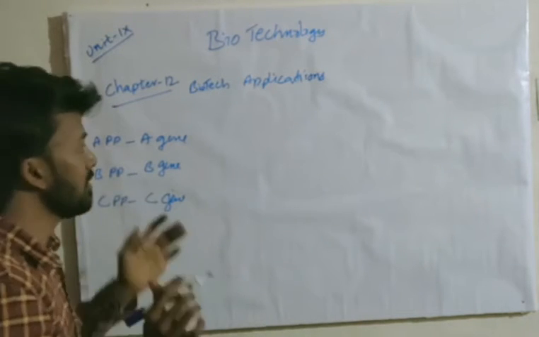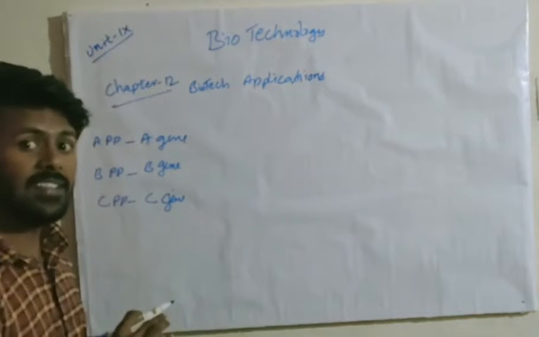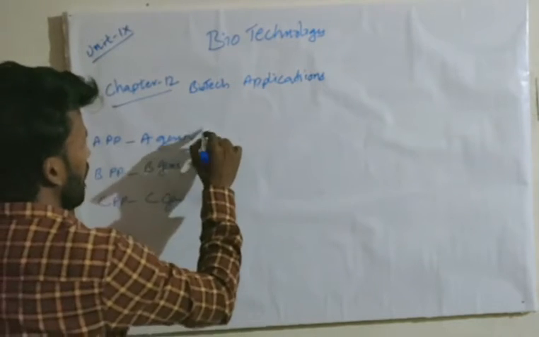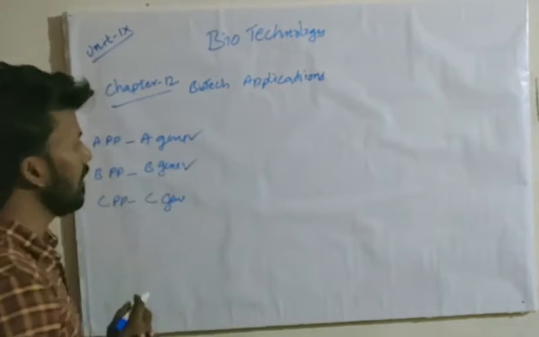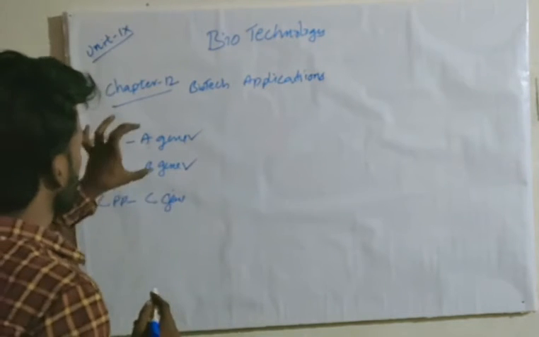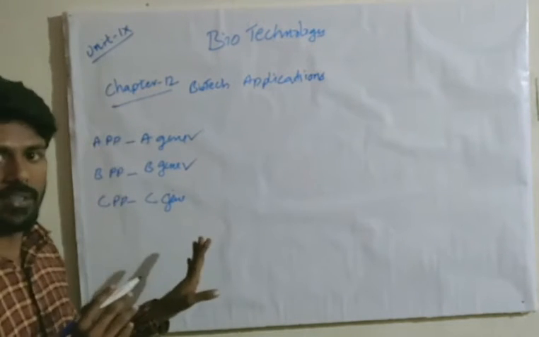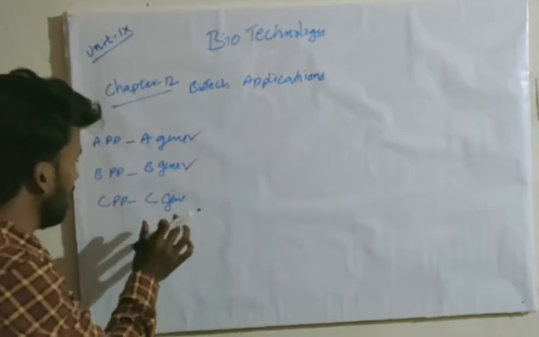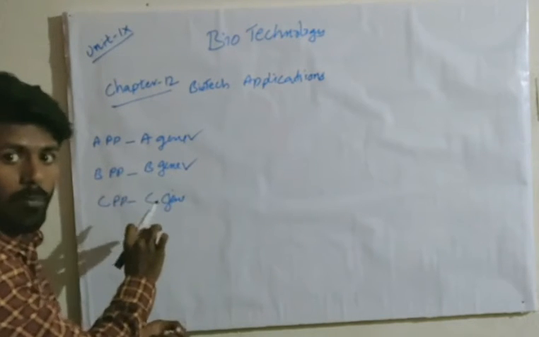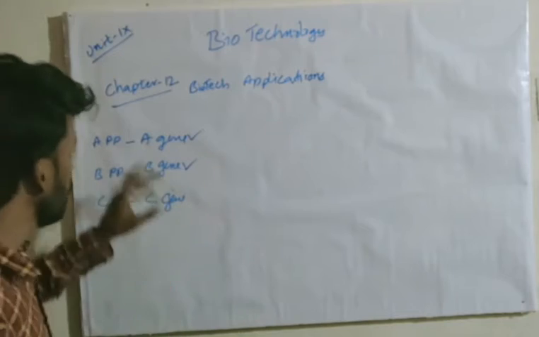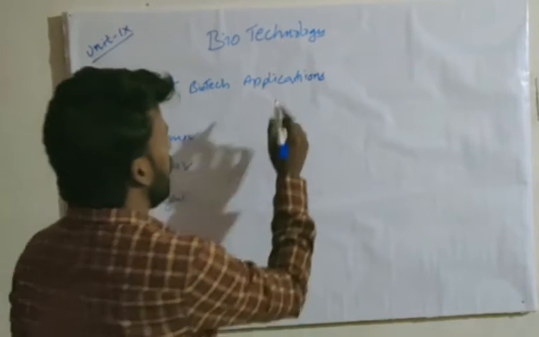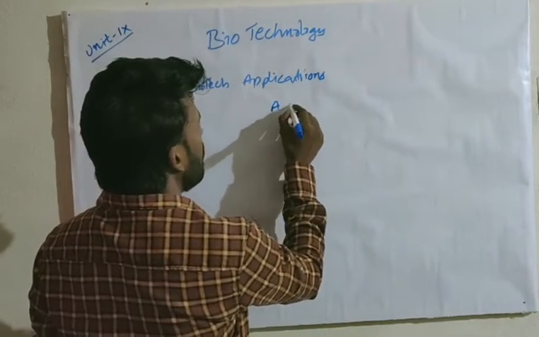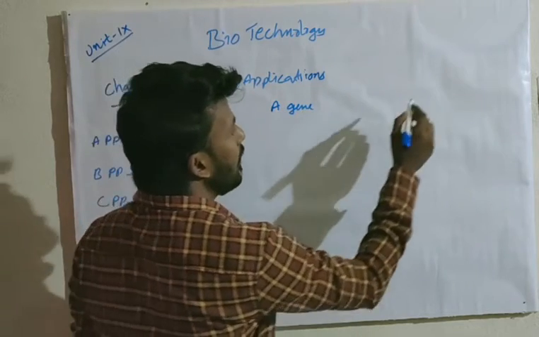In the experiment, scientists isolated the A gene and the B gene, not the C gene, because we don't need the C gene in active insulin. It only appears in the inactive form, proinsulin. So they isolated the A gene and B gene separately. This is the A gene and here the B gene.